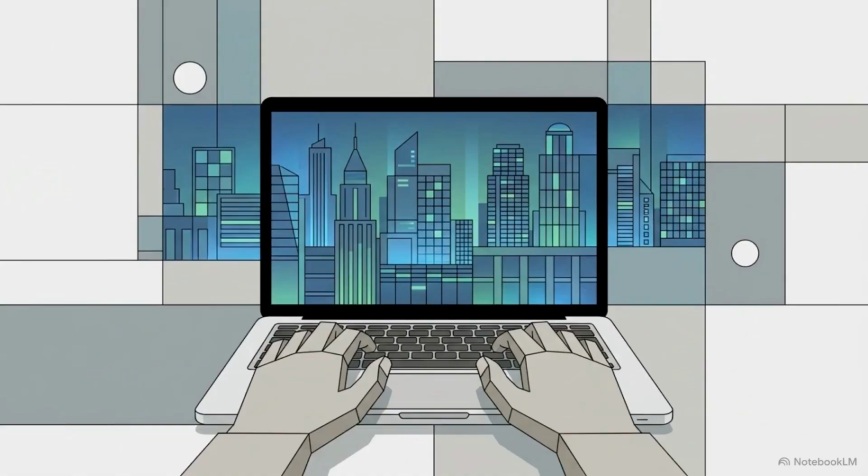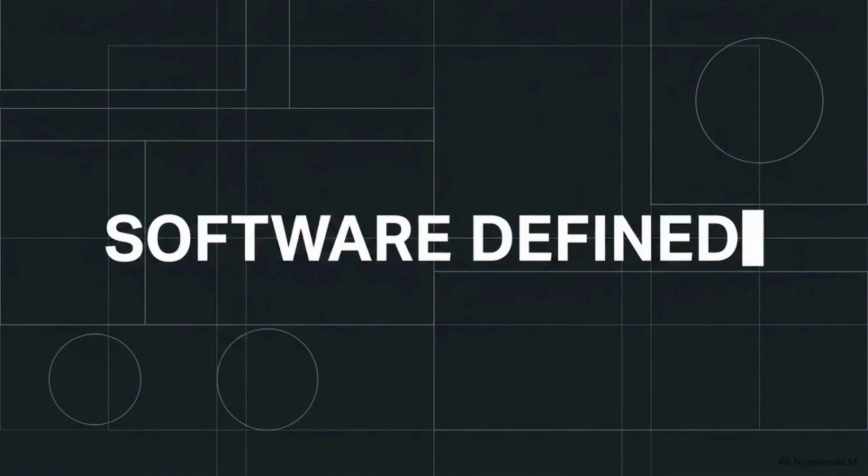Today, the ability to monitor and control the physical world rests on the precision of digital design, moving the limits of innovation from a hardware budget